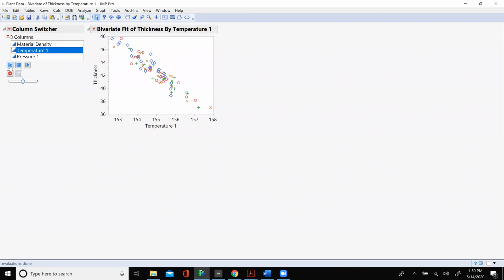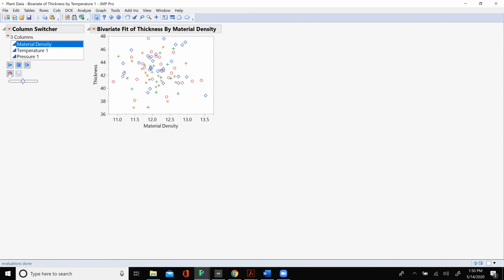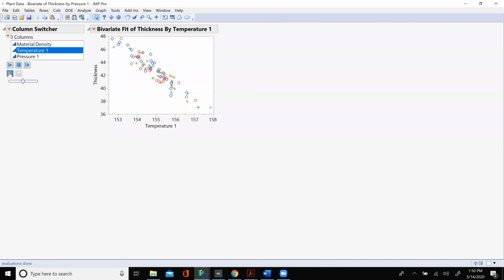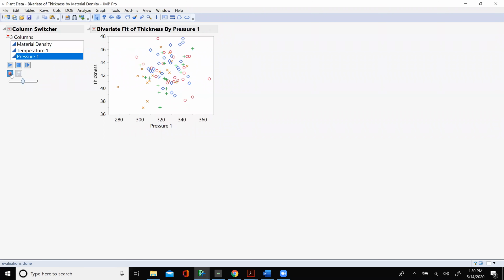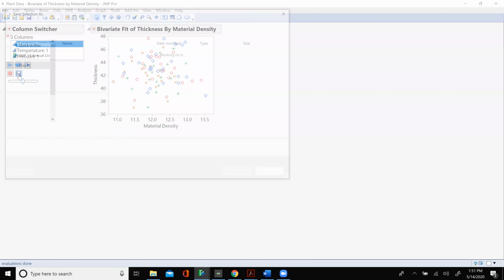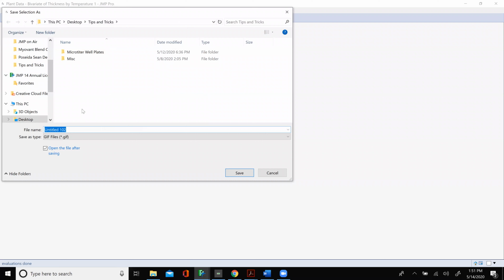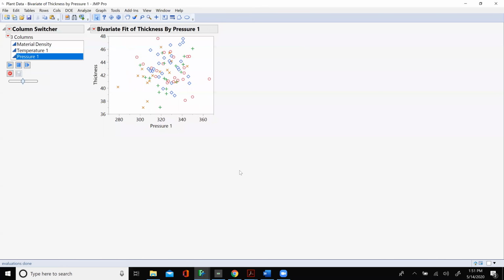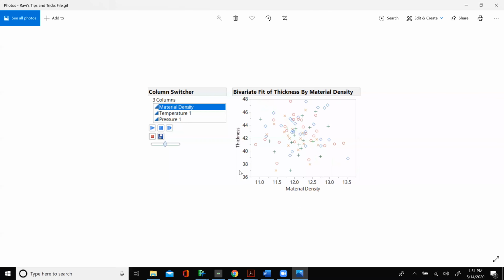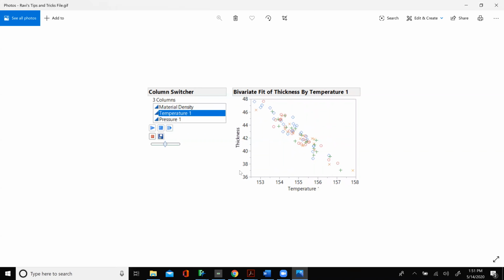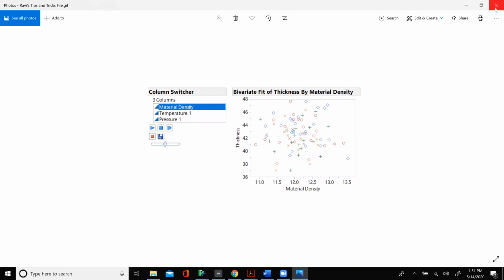And of course, you can play it and record a GIF file. Right. It'll play for you. Okay.